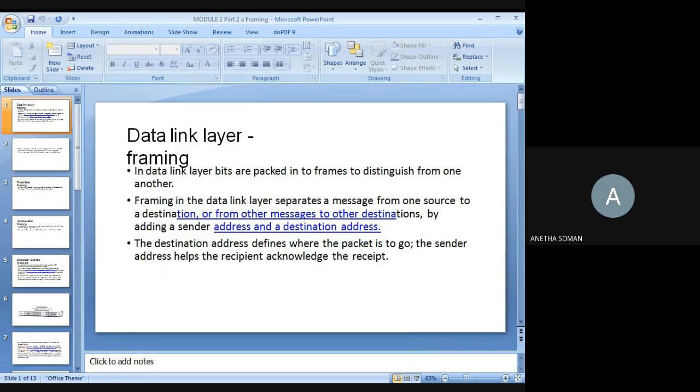I have told you, the data link layer has mainly two important functions. One is called the data link control, and another one is the medium access control. That is, we split the data link layer into two. You can call them the functions also. It is the data link control and another one is the medium access control.